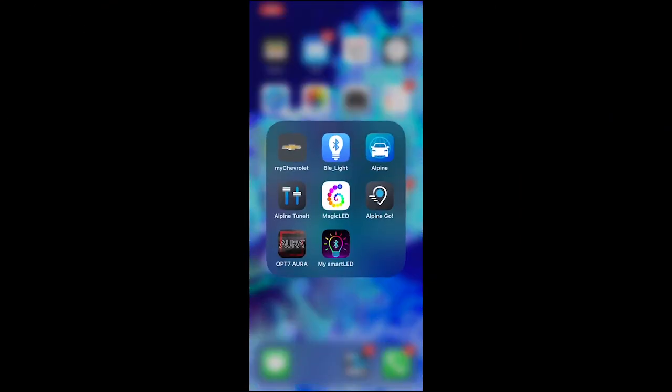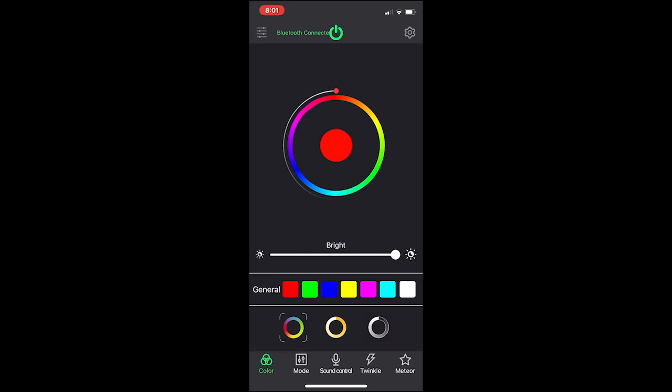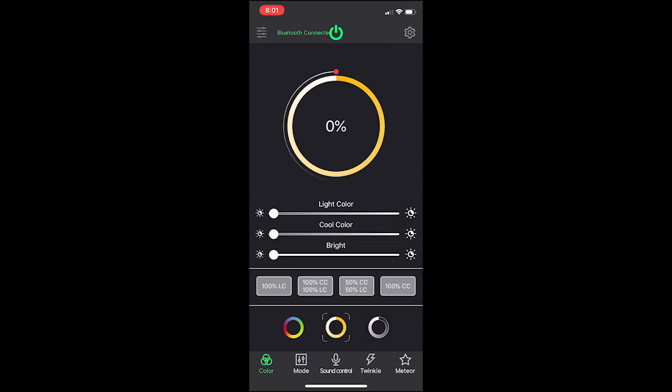From the remote perspective, let's fire up the app here. This is actually a pretty well-made app. You can turn your Bluetooth on and off. And I'm actually outside of the vehicle right now, maybe like 5-10 feet away, and it still connects just fine. You can select your brightness. You've got some pre-made colors. If I want to go to my